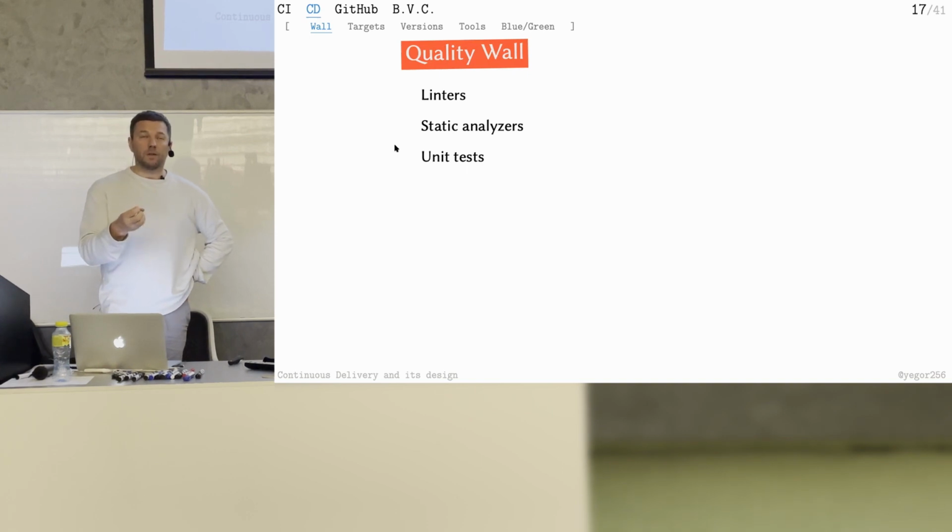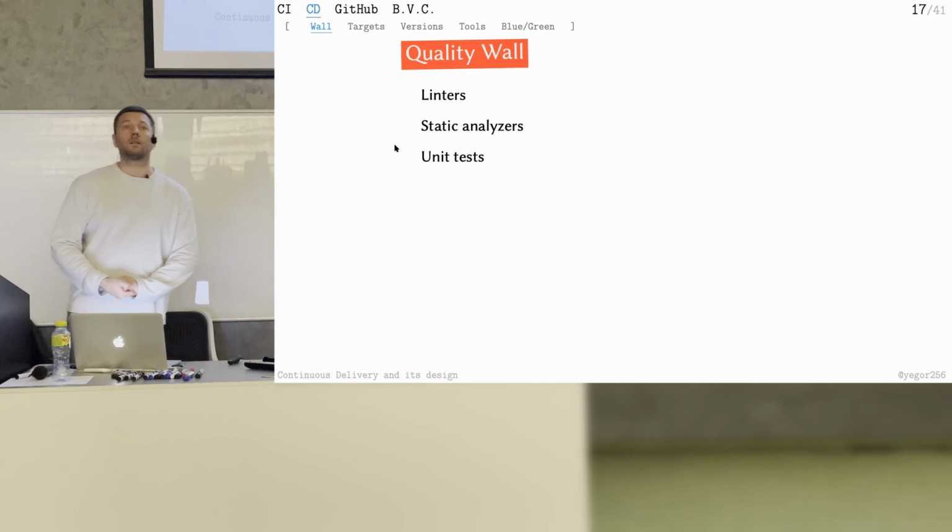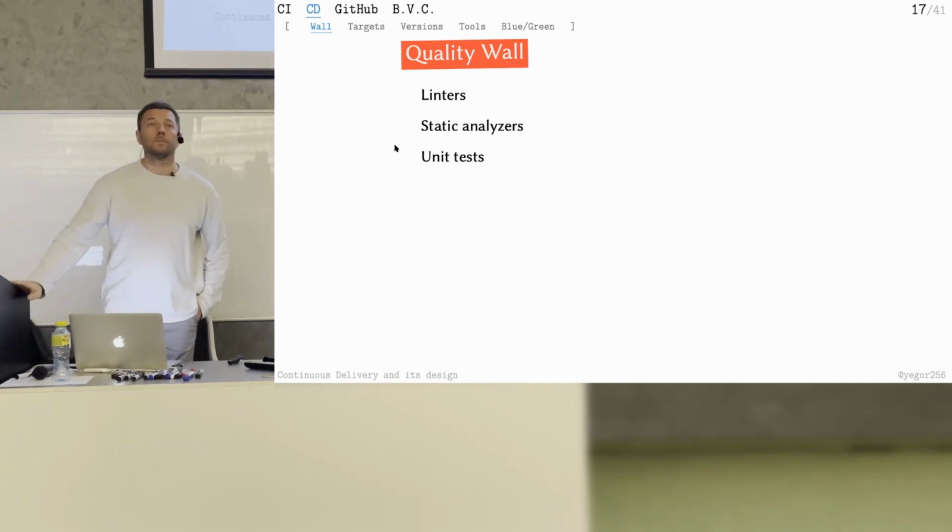The more fragile your build is, the easier it fails, the better. You need to design your build in a way that any mistake it sees, it immediately breaks. Any problem, something is improperly formatted, something is not properly covered, we're going to discuss it as well, the build fails.